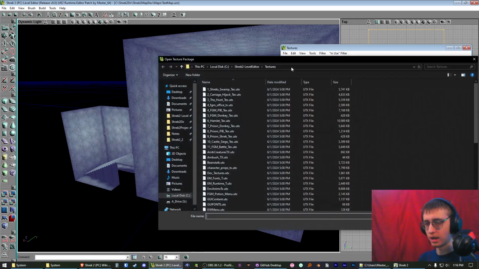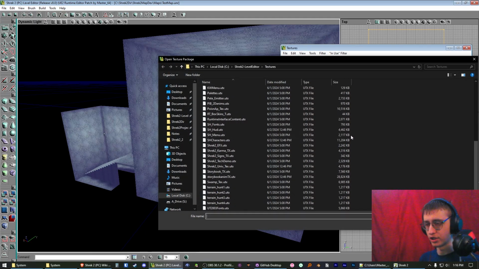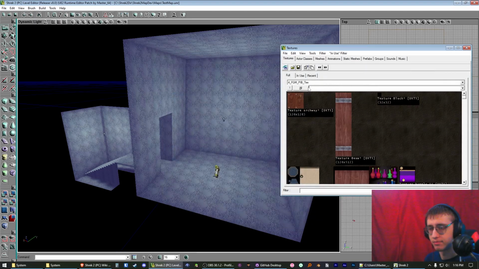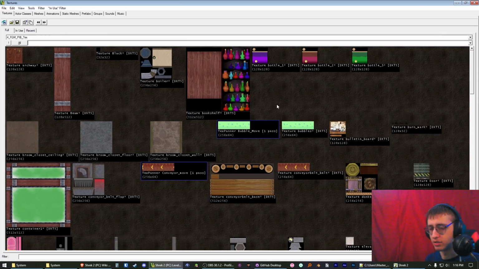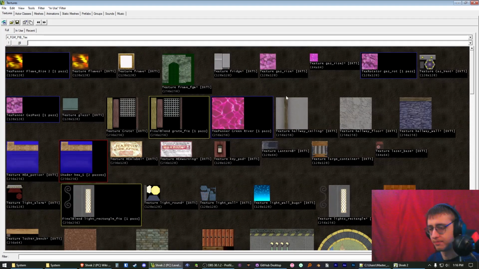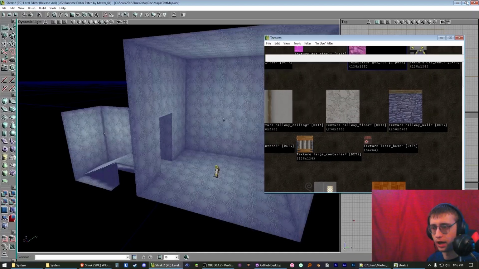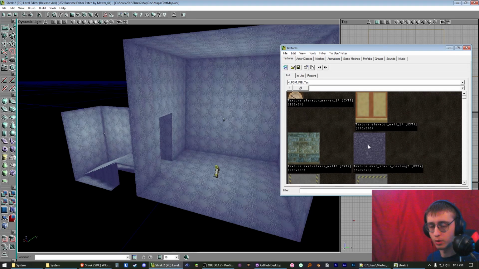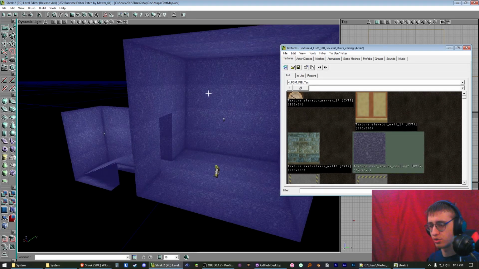So within the texture browser, we're able to select a bunch of textures. If you're making an indoor map, typically you're going to find textures for that either in here or here. So I'm going to pick this, and then I'm going to maximize this window. As you can see, there's a bunch of textures in here. Whenever we select any texture in here while we have all these surfaces selected, what you're going to notice is that it's going to apply that texture to every single surface we currently have selected. This is how you can